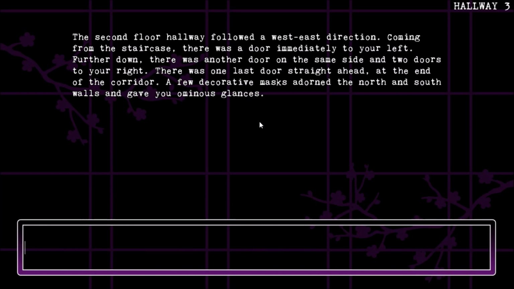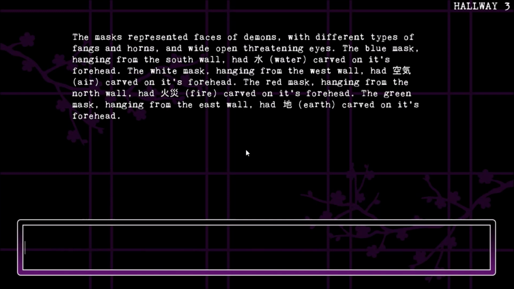So what's gonna happen here in this floor is that for you to be able to solve the next puzzle, you're gonna need, so there are 2 puzzle clues in this floor. The first one is here in the hallway. You can see that in the description there are a few decorative masks on the walls. So here we go, look, masks,